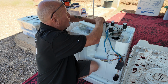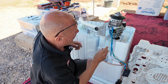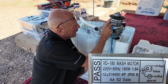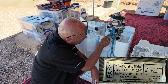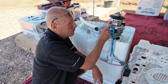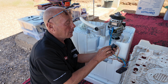Right, the 2 motors. The wash motor that we've got here, I'll just turn over so you can see it and just rest it on there. The top motor is an XD180 wash motor and it gives you the wiring configuration for testing. Also, the bottom motor is a YYG70-B spin motor. This is a 70 watt motor and it is driven with a 5 microfarad capacitor, and this is driven with a 12 microfarad capacitor. This capacitor does both. As it's stated on the side of the capacitor, 12 plus 5 UF plus or minus